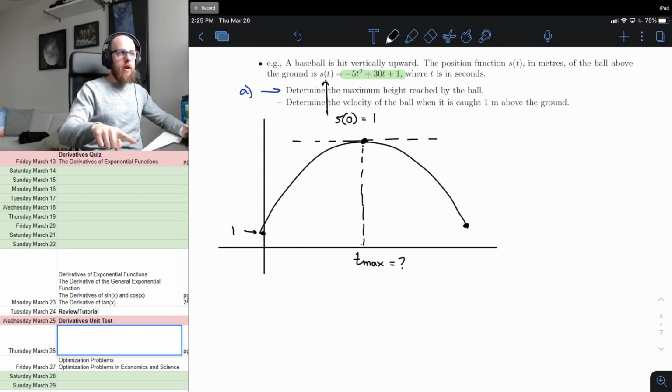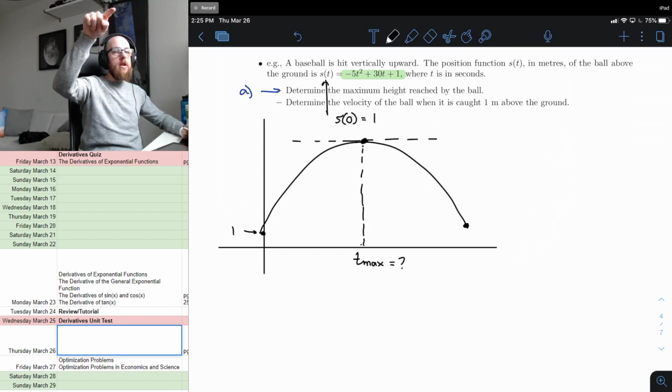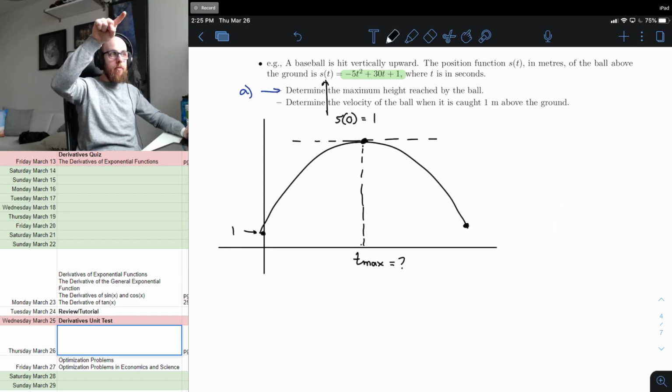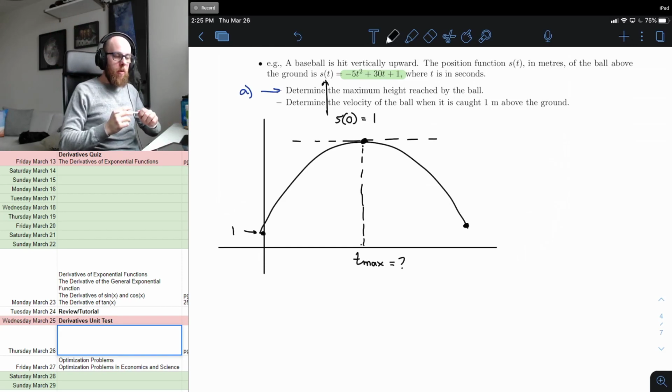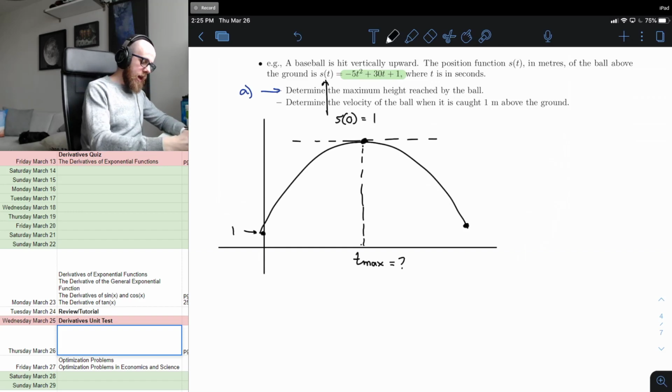What we're actually going to be doing: when the ball goes up, up, up, up, then it stops, which means the ball switches from moving up, which means it has a positive velocity, to moving back down, which means it has a negative velocity. Now, right at the top, the velocity is actually going to be 0. So that's the way we're going to solve this. So at the max height,